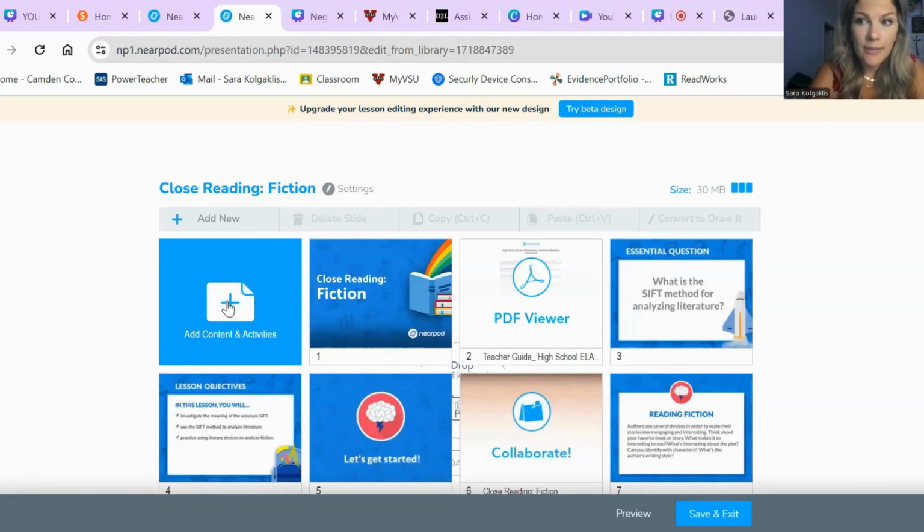So then you'll go to add content. And when you click on add content,